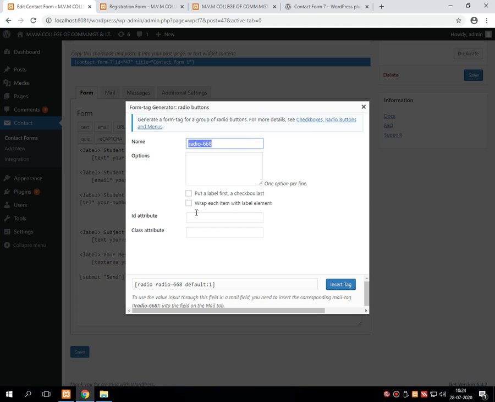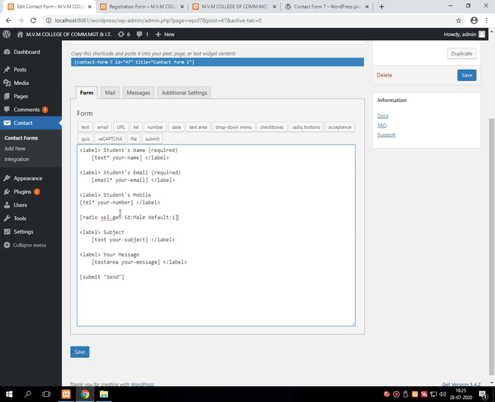I am giving the name of the radio button sel_gen, that is for gender. Then I am giving an attribute, for example male, inserting this radio button over here and saving it.